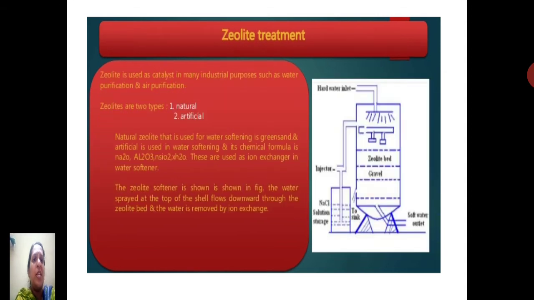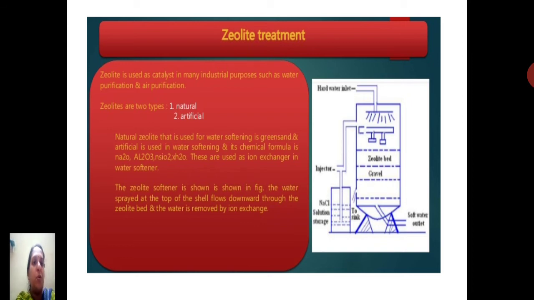So now we'll see what the zeolite process is. As we all know, zeolite is a catalyst that is used in many industrial purposes for water purification. This is a picture showing the zeolite process, where the hot water is fed at the top. It gets sprayed on the zeolite bed, and after it is treated, it is removed at